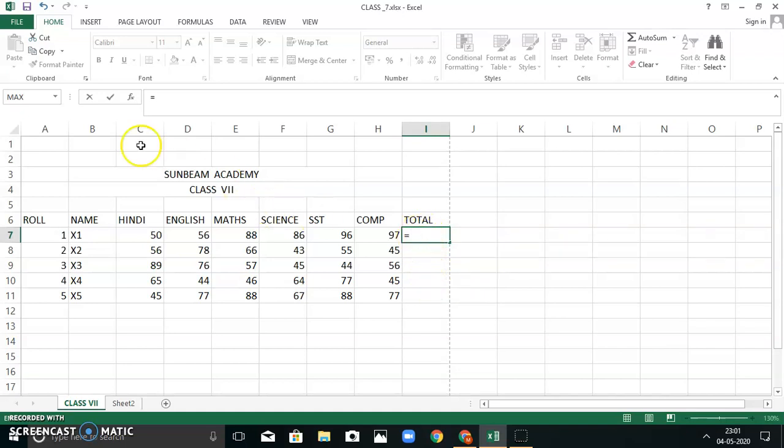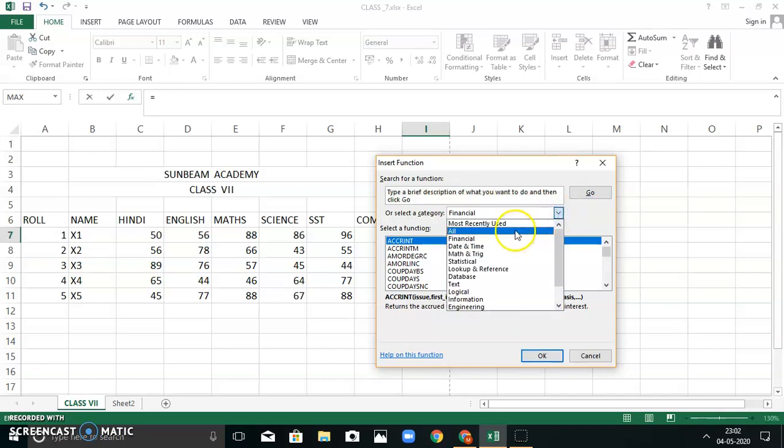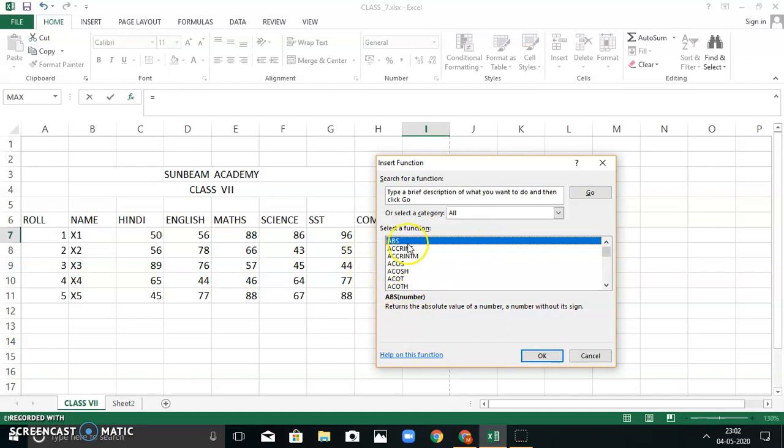When you press the equal to sign, this formula or function bar will get activated. You can choose a recent one from here, or you can go to more functions. Also you can click on this FX. When you click on this FX button, this function box will come, and now I have to use a mathematical function. So either click on maths or click on all, and you will get all the functions.